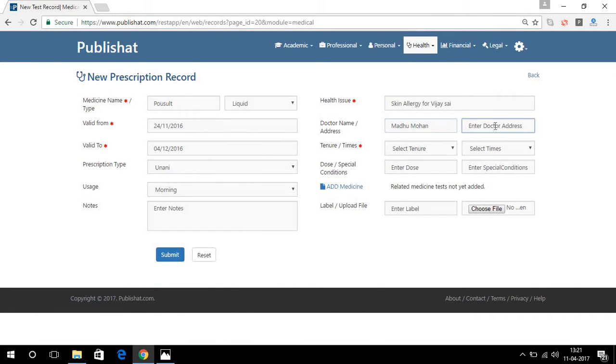The address is near BH searches Hyderabad. Okay, so for the tenure, I can use daily, hourly, weekly or monthly. That's I have to use daily. Then once or twice, I have to use twice. And of course, whatever doses you can see. Of course, any special conditions apply